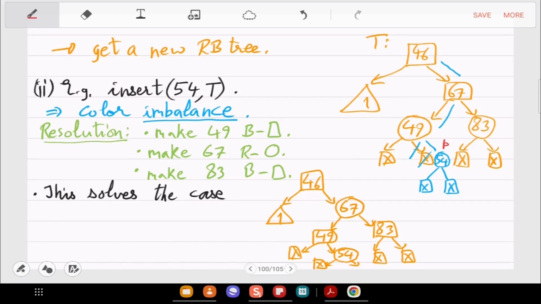So the case when parent and uncle both are red, when they are red, which means circle, in that case you will use this trick, this resolution.